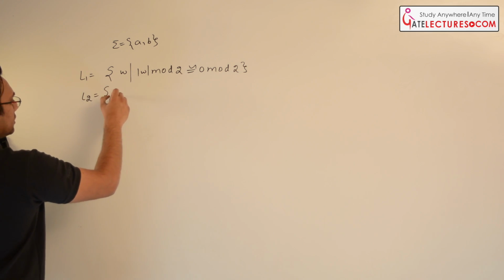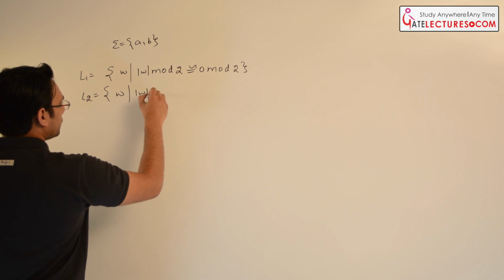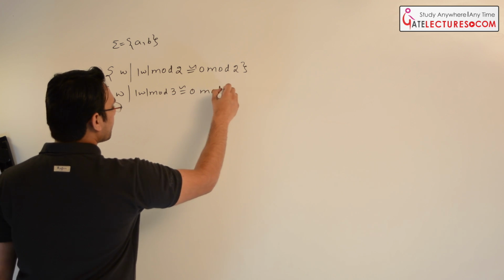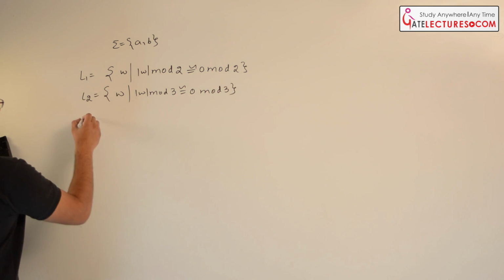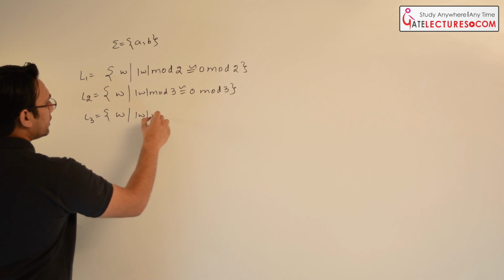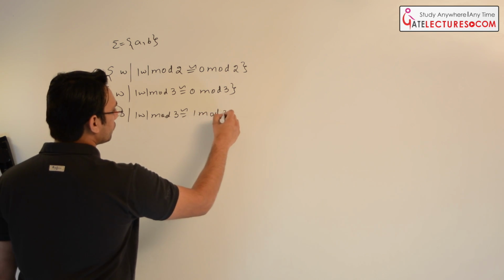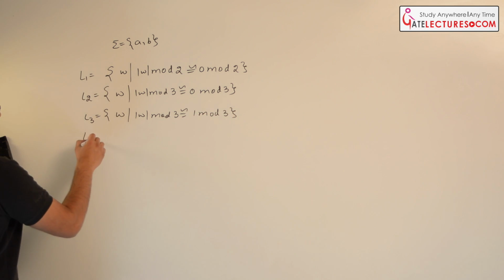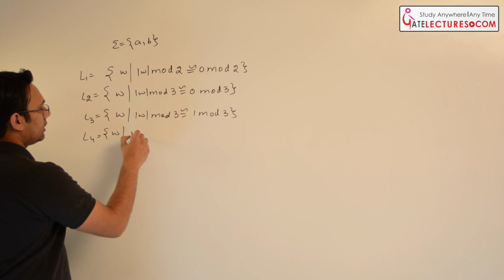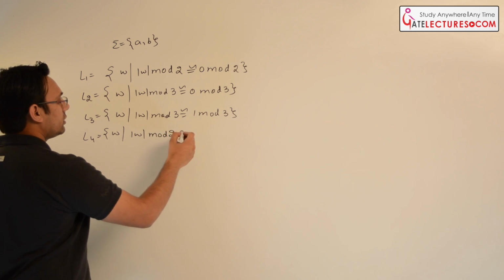Next example is W such that length of W mod 3 is congruent to 0 mod 3. Then we have L3 equal to W such that length of W mod 3 is congruent to 1 mod 3. Then we have language L4 equal to W such that